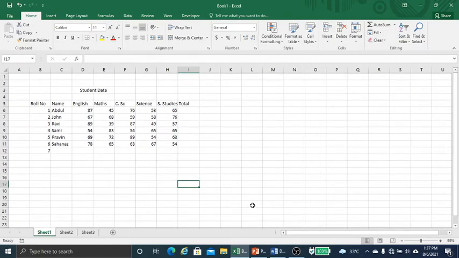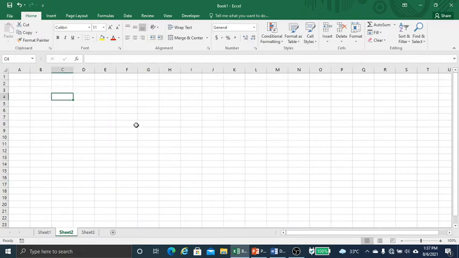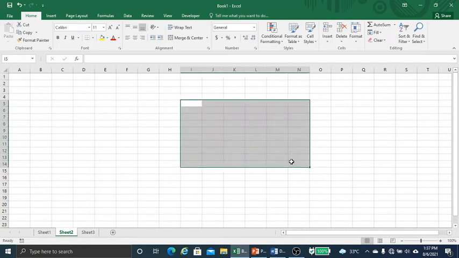Now this is the way you can copy. I have already copied it, so I can paste it in another worksheet also.